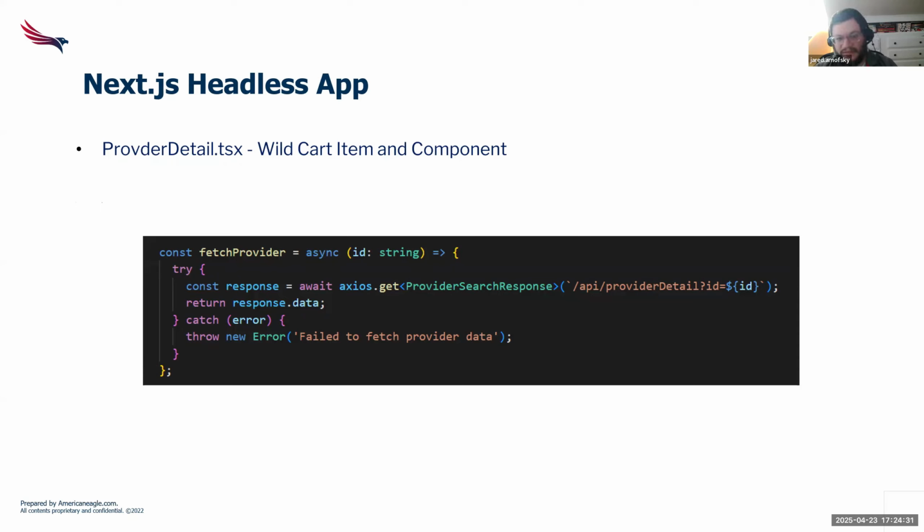It doesn't matter. Essentially, what you're doing is you're fetching the provider data, and then we built an API route for provider details where we pass that ID. You could do it client side. There's nothing stopping you. We decided to put it in the API route just so we could put some more control around it. So once we call the API call,